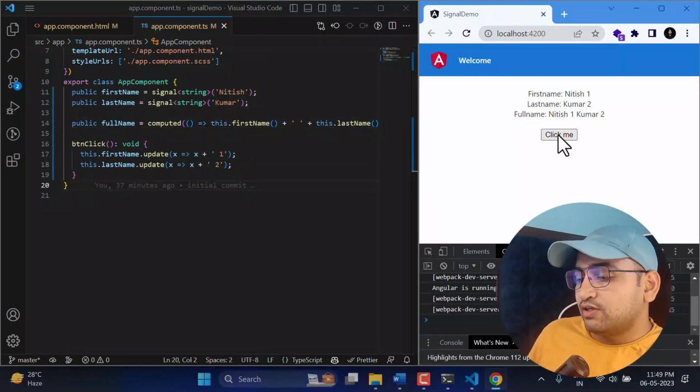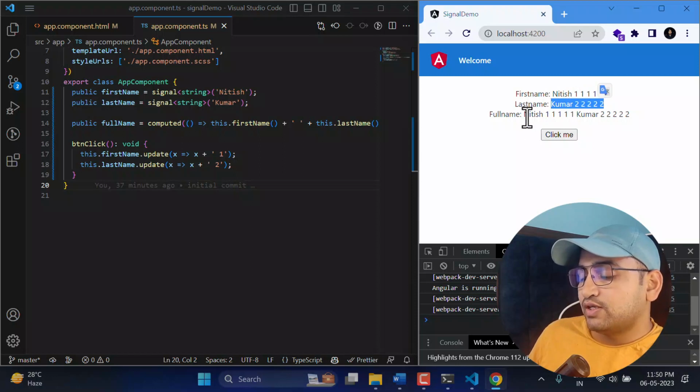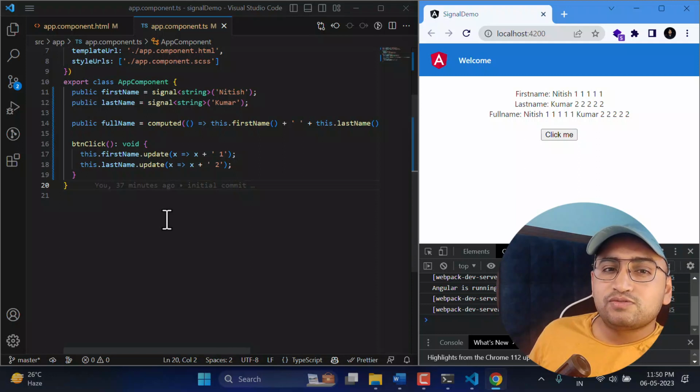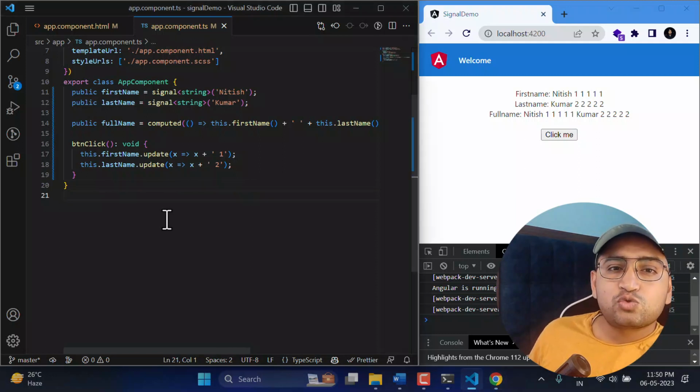See, we are changing the value and we are getting it over here in both of them. Here we are updating the value of the first one and this is the last name, and you can see we are getting the updated value over here. I think this is going to be the most useful feature of signals, because there are so many situations where